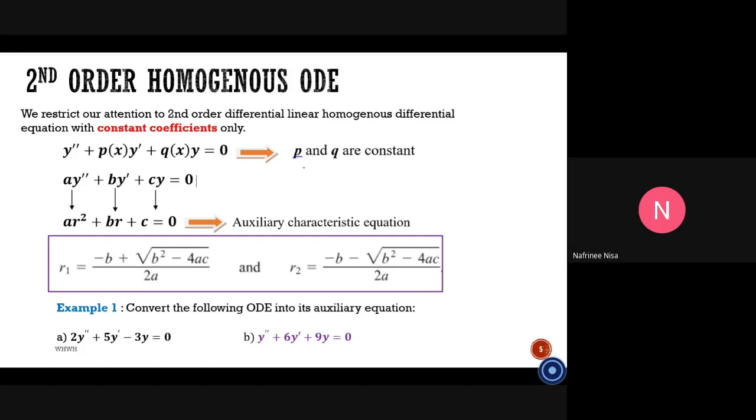Kenapa? Ada orang kena remove ke? Kenapa dia cakap ada orang kena remove? Pelik saya. Hopefully tak ada lah. Okay, so